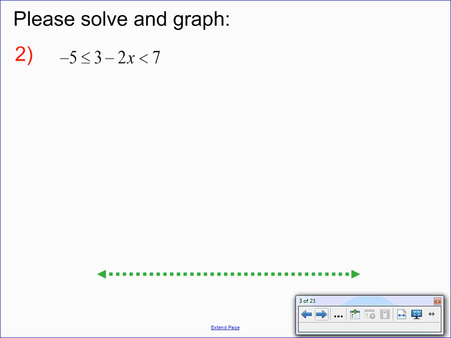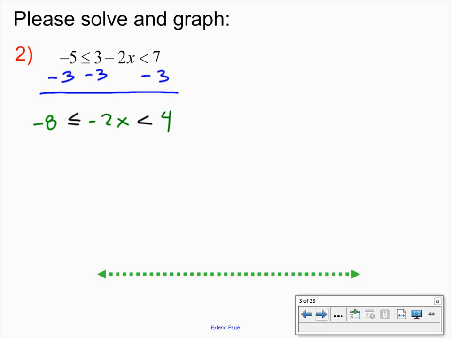So my best first step, subtract 3. We're going to do it to all three columns. Negative 5 minus 3 is negative 8. 3 minus 3 is 0, and I isolate my x term. And 7 minus 3 is 4. Do I need to change the direction of my symbol? No, I was adding or subtracting, and I never change the direction of my inequality symbol as a result of addition or subtraction. So I'll leave that as a less than or equal to, and I'll leave that as a strictly less than. Next, I'm going to go ahead and solve for x by dividing